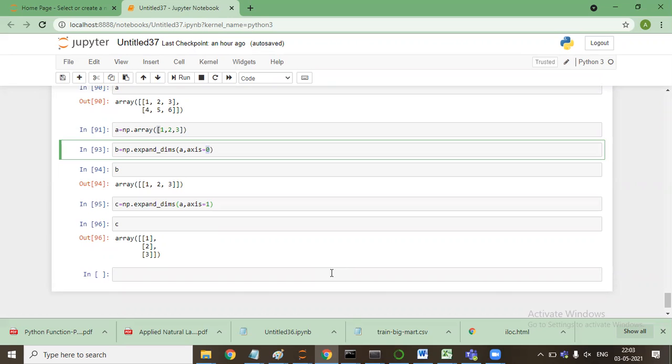I'm having one question. If we use that expand command again on B, will the output become a 3-dimensional array?